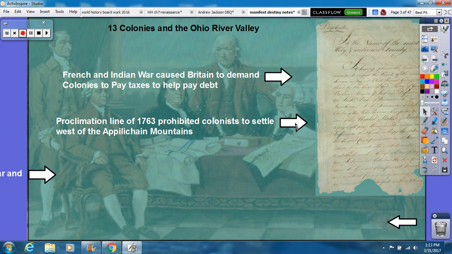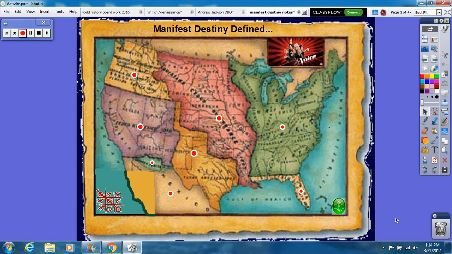that begins to really cause problems between the Americans and the British. It is basically to help Britain stop having to pay so much money, because they're almost bankrupt after the war with France. The best way to limit how much money, because a war and providing troops cost a lot, is that they put an artificial line, and let me go back to the map so you can see. They put an artificial line right here down the Appalachian Mountains, okay? And this line is called the Proclamation Line of